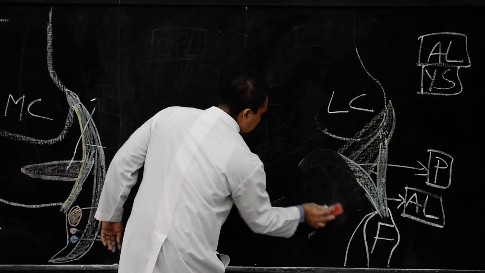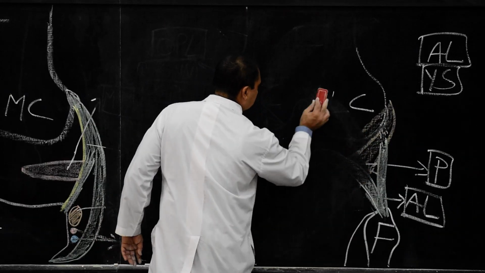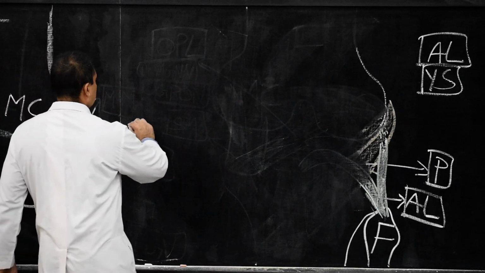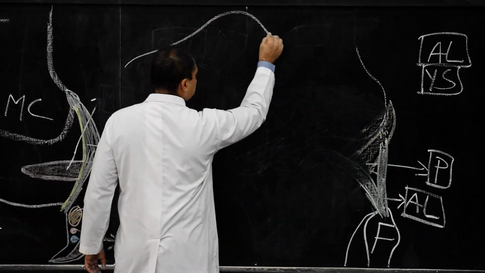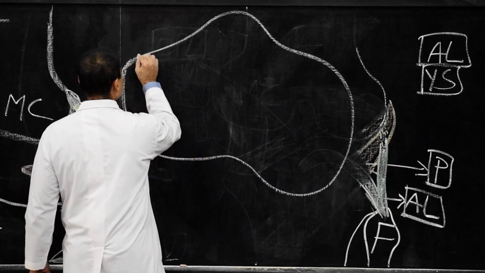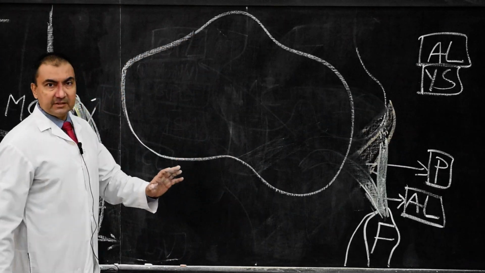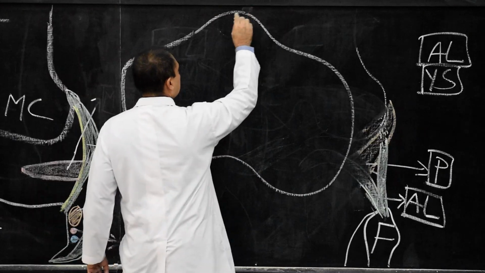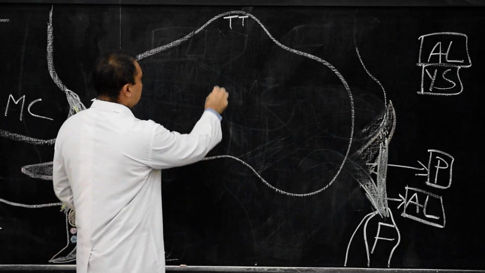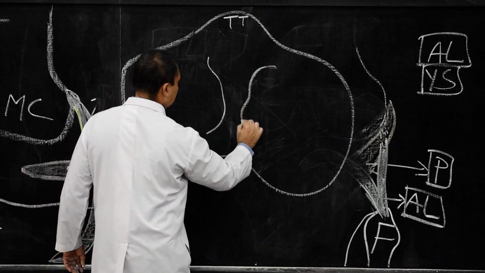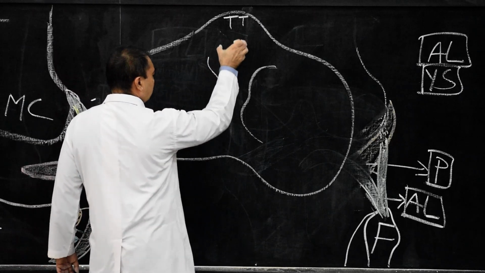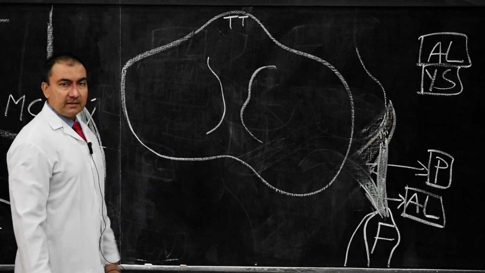So therefore, here we are going to draw just a simple line diagram in which we are going to show this will be the superior surface of the tibia. This is the superior surface of tibia. This is the tibial tuberosity or tibial condyle, and here this will be the intercondylar eminence, and on this side, anterior intercondylar area, this will be the posterior intercondylar area.